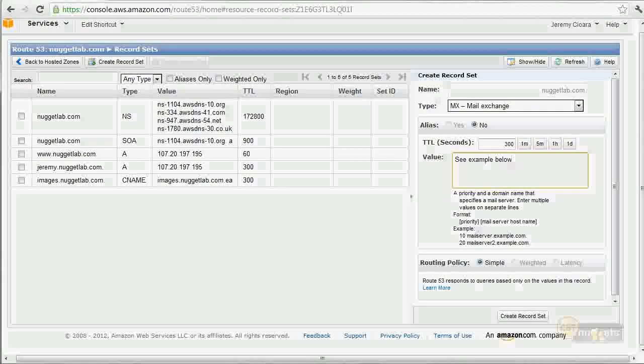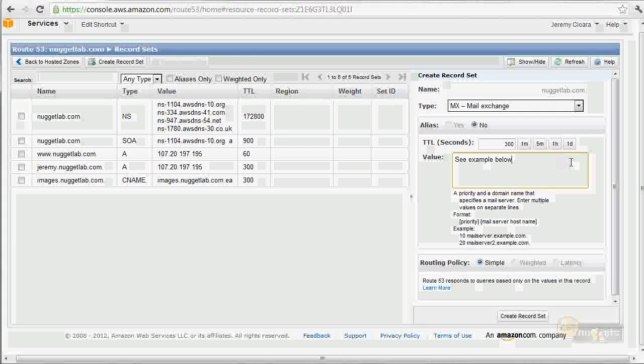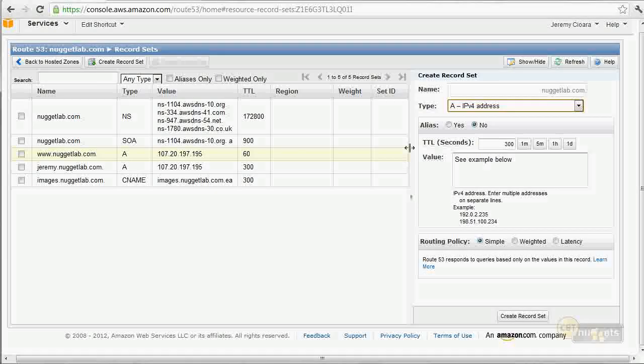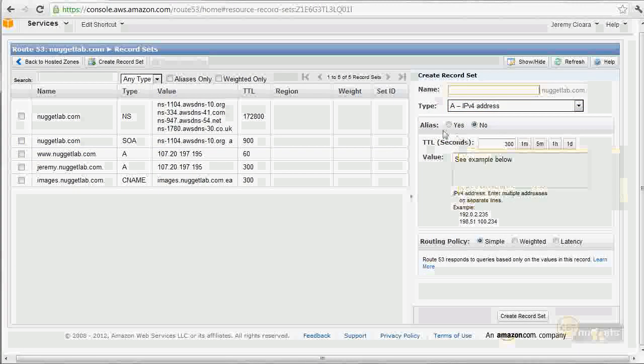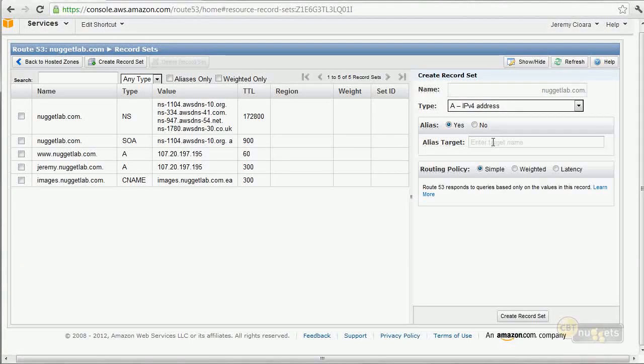Now let's start looking at some of the AWS specifics that you get that other DNS servers don't give you. First off, let me get off the MX record and go back to the A record. One thing that I passed up when I first was talking about it was this alias. Alias lets you do two things. One, you can do almost like a quick CNAME without creating a CNAME. So maybe I want to create